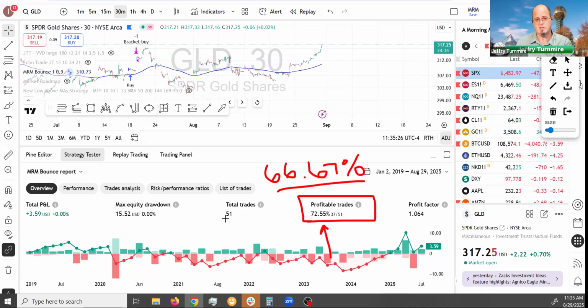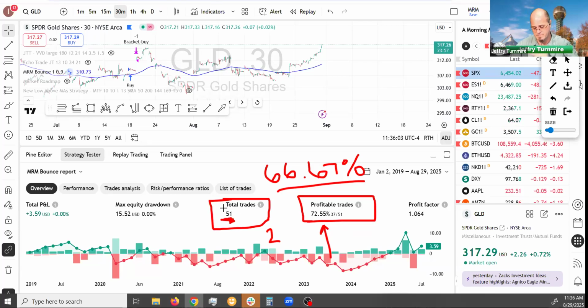Now, the other thing you have to think about when you decide if this is high probability is this number right here, total trades in the sample. If this is like 2, think about it this way. Can you flip a coin twice and get heads? Can you flip a coin twice and get tails? And this number right here be 100%? Does that mean every time you flip a coin 2 times, you're going to get heads or tails? Of course not. So it's the same thing with a trade. If you have a low number here,